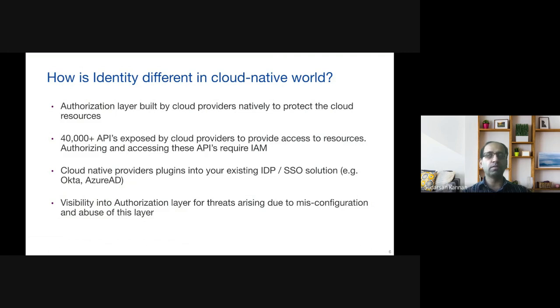In some ways it's the same, and in some ways it's a little bit different. I just want to give you a different color of what identity means when it comes to the cloud, like an IaaS and a PaaS solution, versus the traditional identity providers that connect to your Office 365 and provide authentication or SSO solutions.